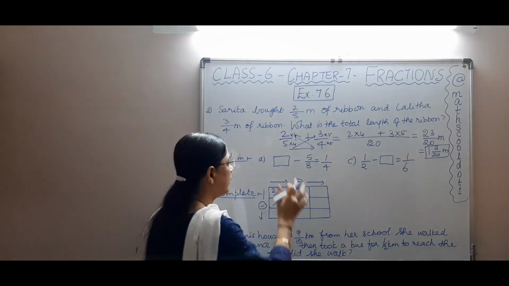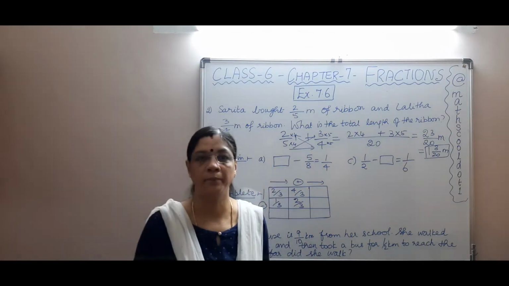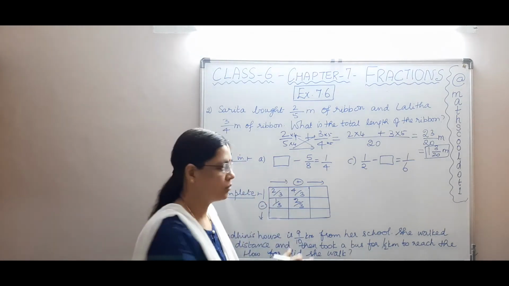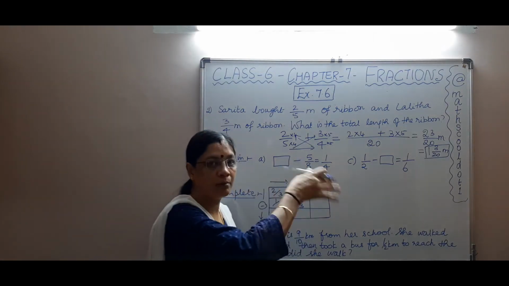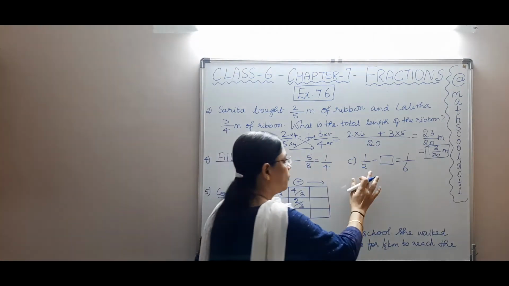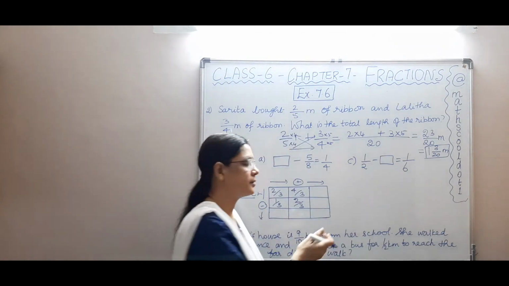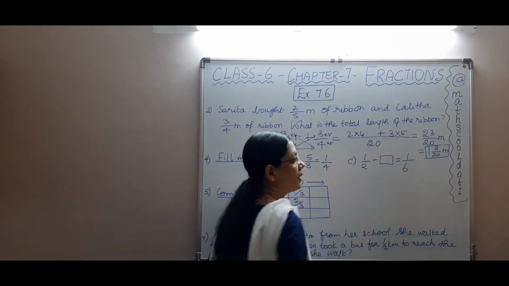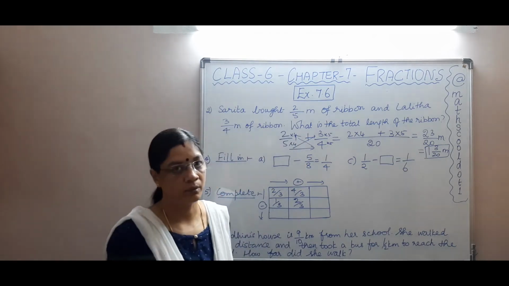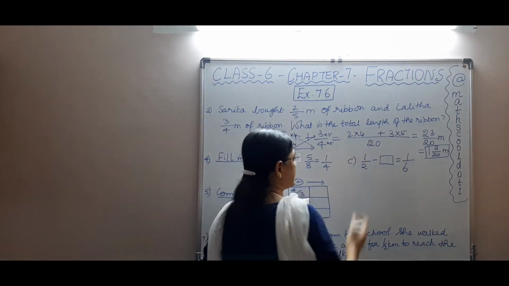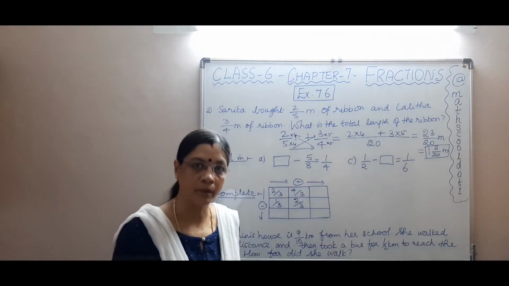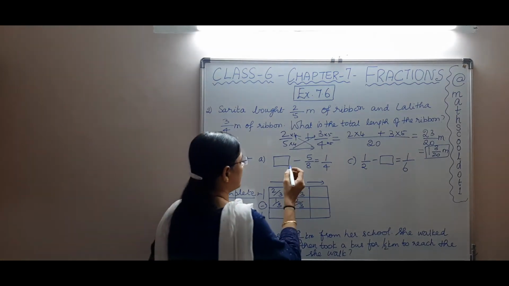Whenever you are asked for the first number, you just add the given numbers. What are the numbers given? The second number and the answer, you just add. So when the bigger number, the first number, is given, you just subtract the answer from the first number and you will get the second number, because we assume that the first number is the bigger number. Do you understand? So let's now continue with the problem.